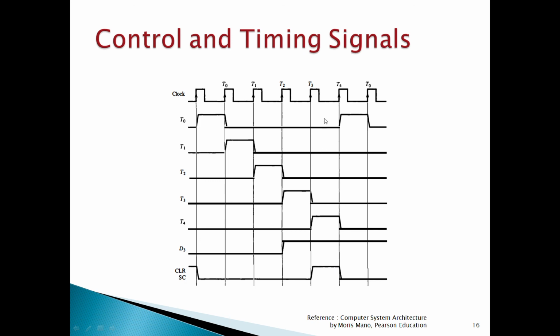So it means for every cycle, according to T0, D0 will work, for T1 D1 will work, for T2 D2 will work, then D3 will work. Whenever D3 is high along with the 4th signal, it will reset the sequence counter, or clear the contents of the sequence counter to 0 0 0 0, and once again we will start from 0, as the next instruction is to be executed.